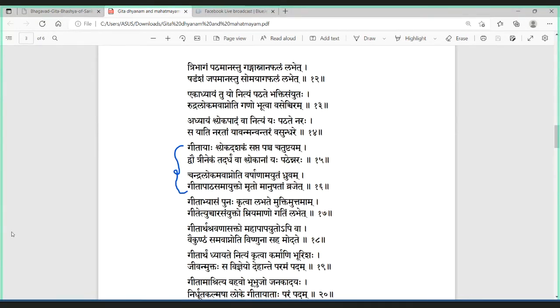I can't attend the class and I cannot listen for so long. You give me just a message in short. Quickly, tell me quickly because we have no time. In that case, we can't eliminate you as an adhikari. Therefore, ekadhyayam tu yo nityam, but nityam pathate 1 chapter, ekadhyayam tu yo nityam pathate, but the condition is bhakti sanyutah, your heart should have bhakti there.